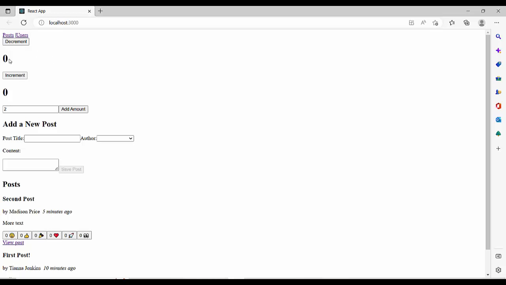This is count, that's 0. Increment, now count value is 1. Count value 2. Count value again 1. It is count, and